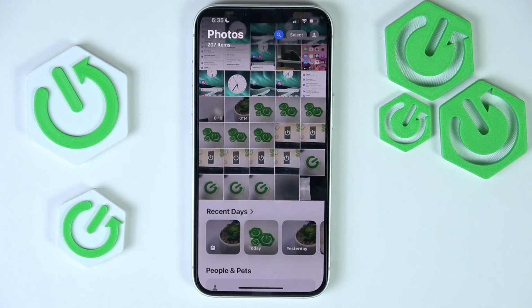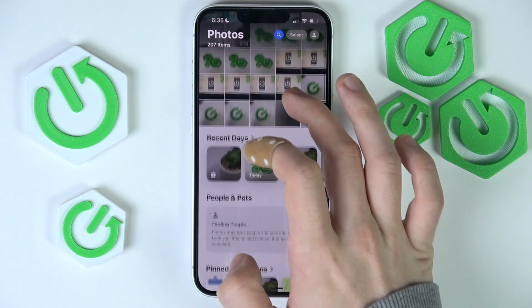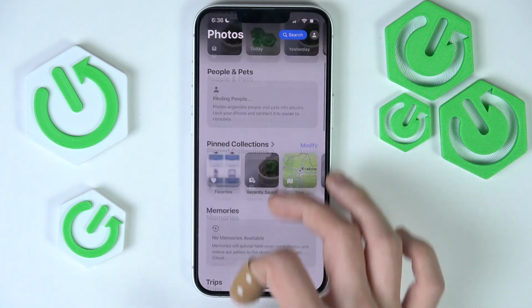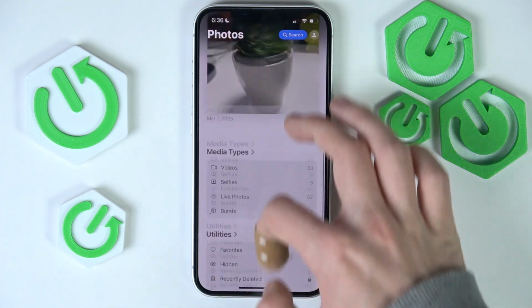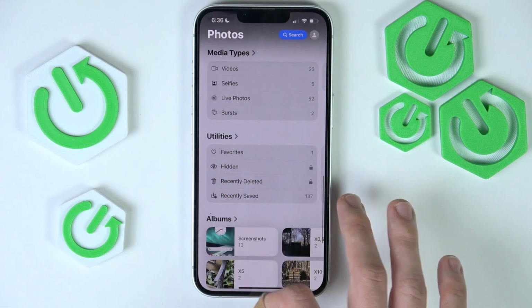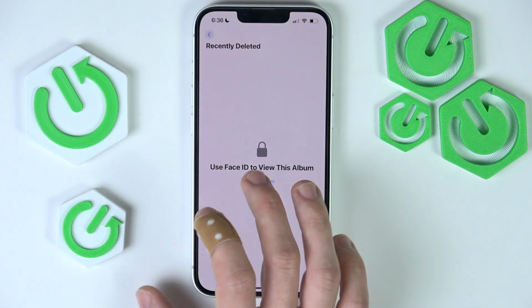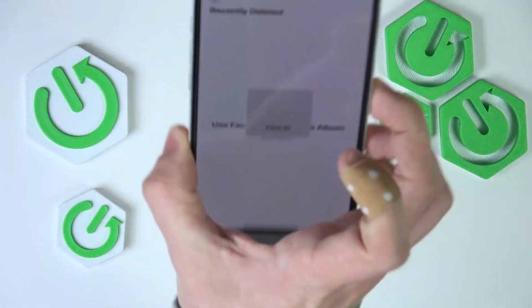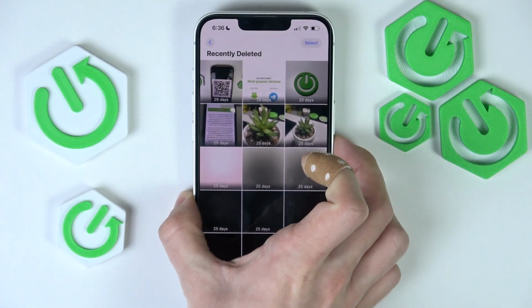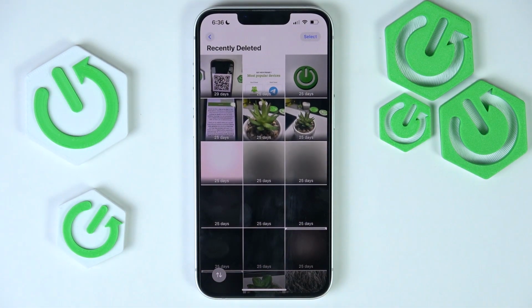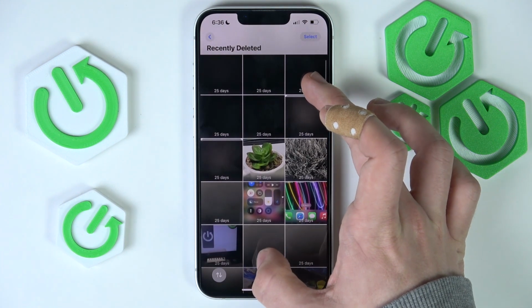So if 30 days haven't gone since that time when you deleted that photo, you can just go in the Photos app to the recently deleted under Utilities. Now click on View Album and unlock with your Face ID, and then you'll see all the recently deleted photos,